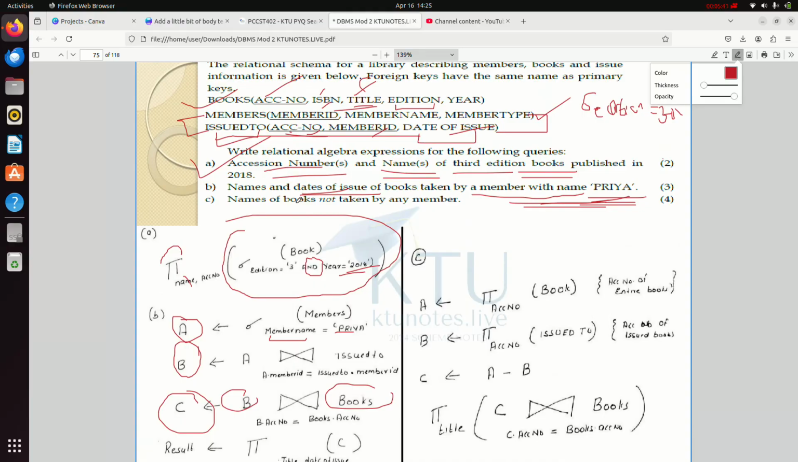Okay, fine. Now let's see the next question, that is name of books not taken by any member. So first of all, you need to display the name of the books which are not taken by any member. So we are going to display all the books, and the books which are taken by the member. So in that issued to member, we have